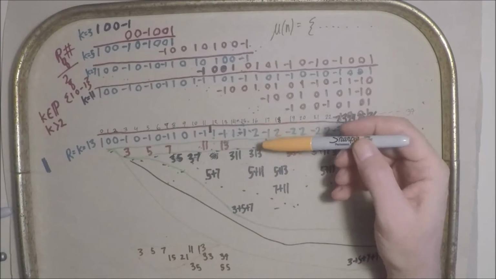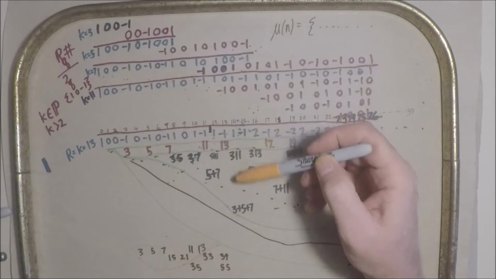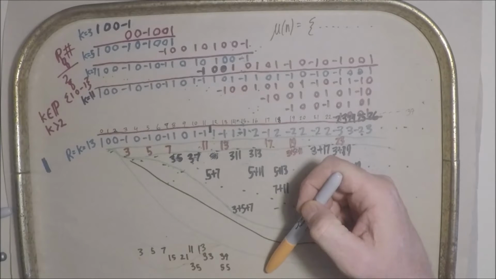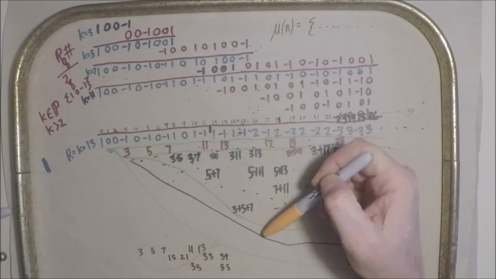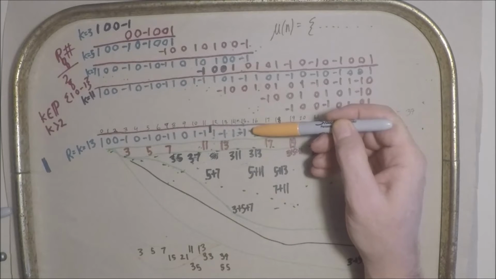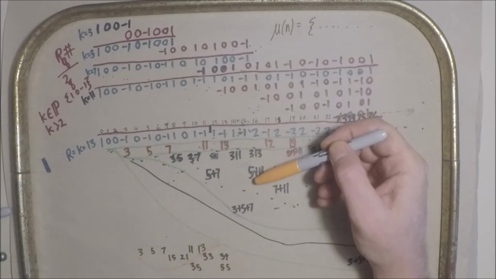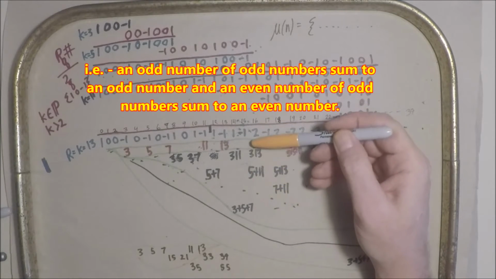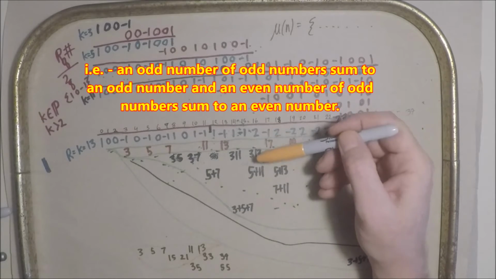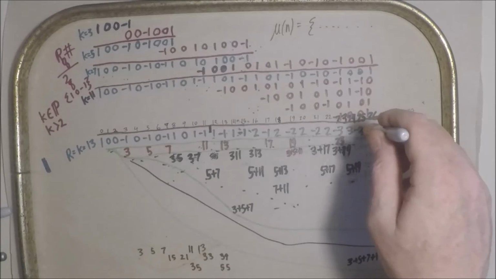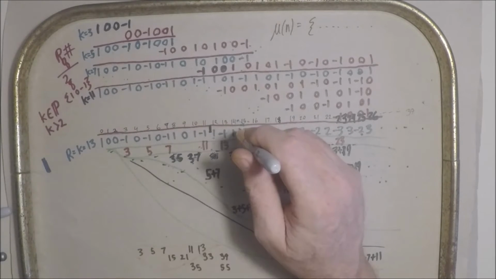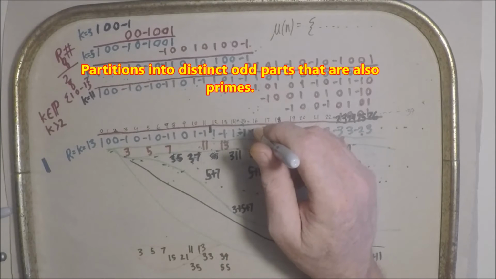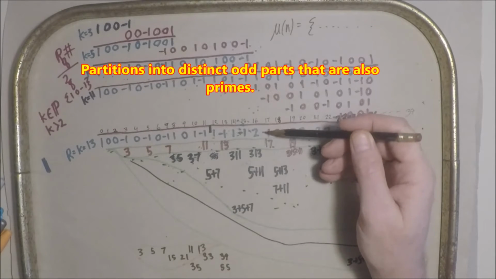Therefore, whenever we have a combination of a partition of n or of k into distinct odd primes, we're getting the full count up here. It's all constructive interference and not destructive interference. So the absolute values of these numbers give you the sequence of partitions into distinct odd parts. Then we know that the